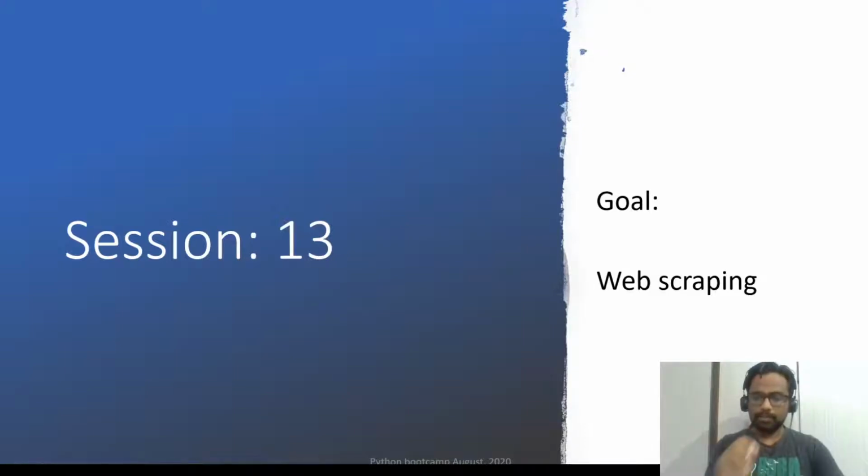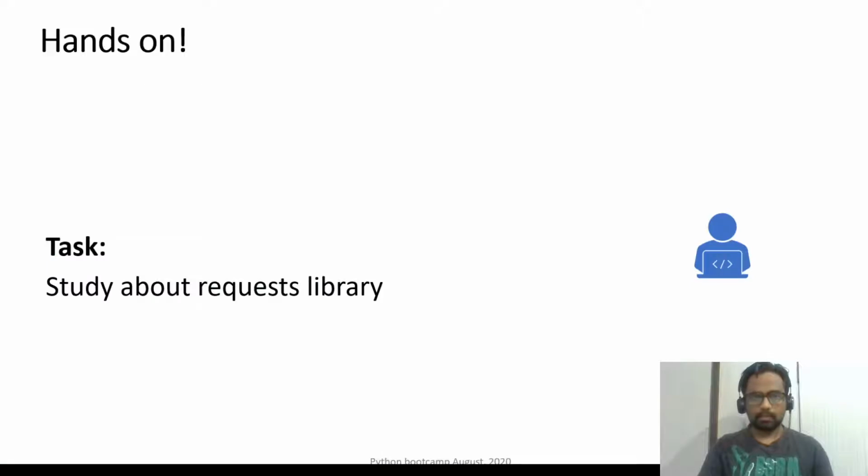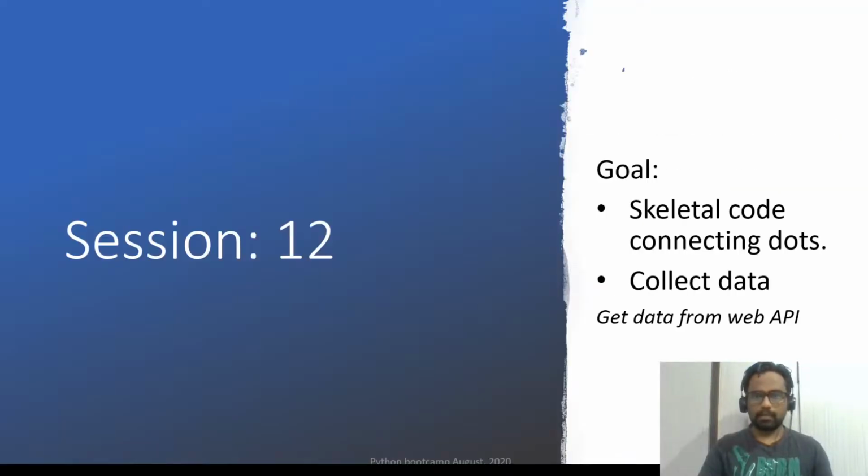Let us start with today's session. Before starting, let us revise what we did yesterday. Yesterday we started from the requirements, and then from the requirements we listed down the components, broke that into different parts, and then